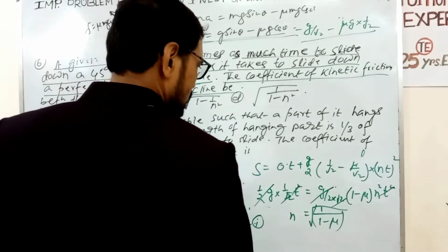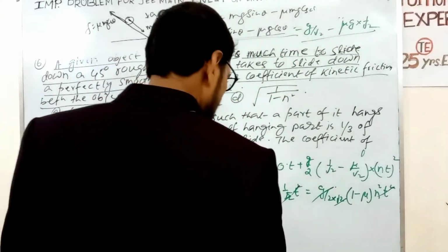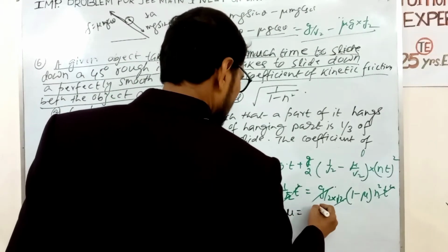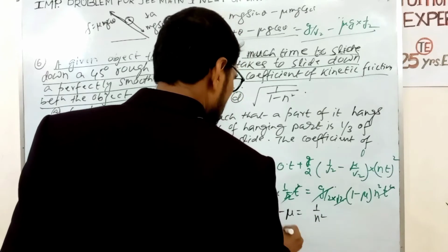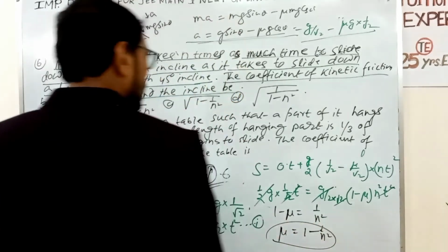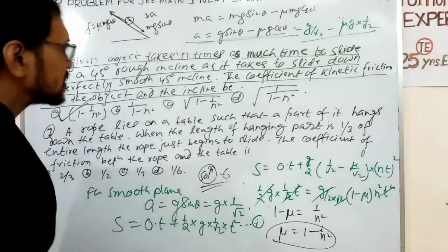Now we have to find the mu, so 1 minus mu equals 1 by n square, so mu equals 1 minus 1 by n square. This is the answer: mu equals 1 minus 1 by n square. Now next,